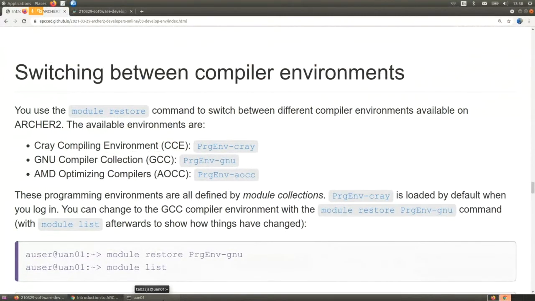These different compiling environments do just mainly let you compile using different compilers that might have different optimization flags, compilers that might perform slightly better in certain situations. So sometimes you might want to use one of these various different compilers. One thing to note for anyone who was an ARCHER2 user,